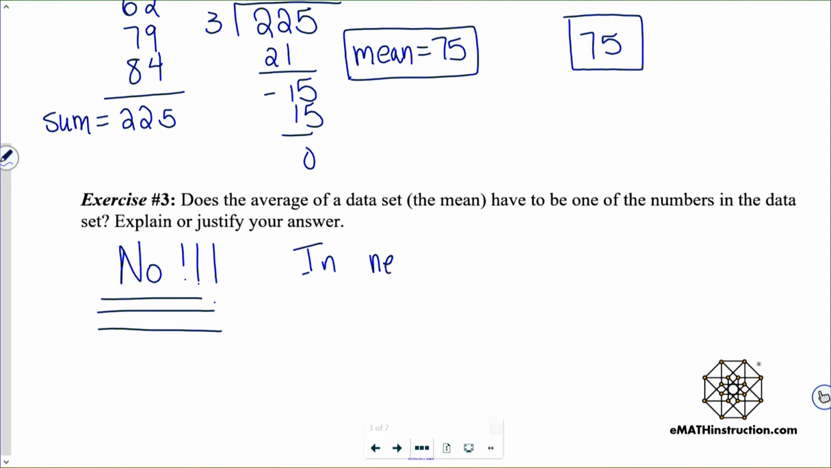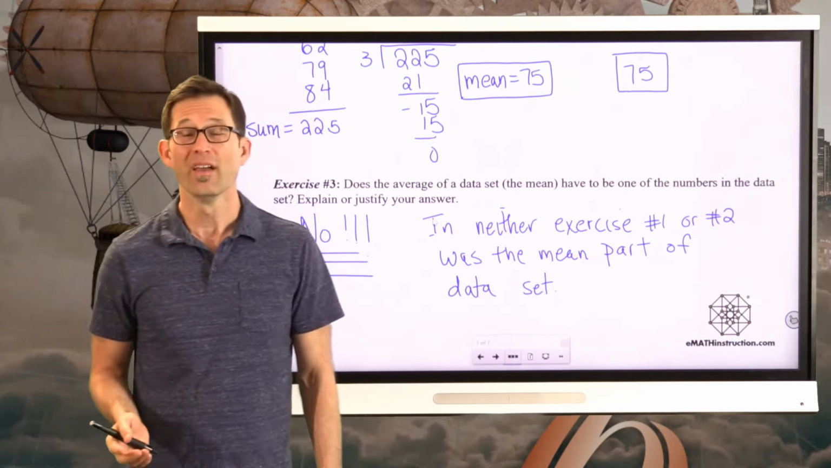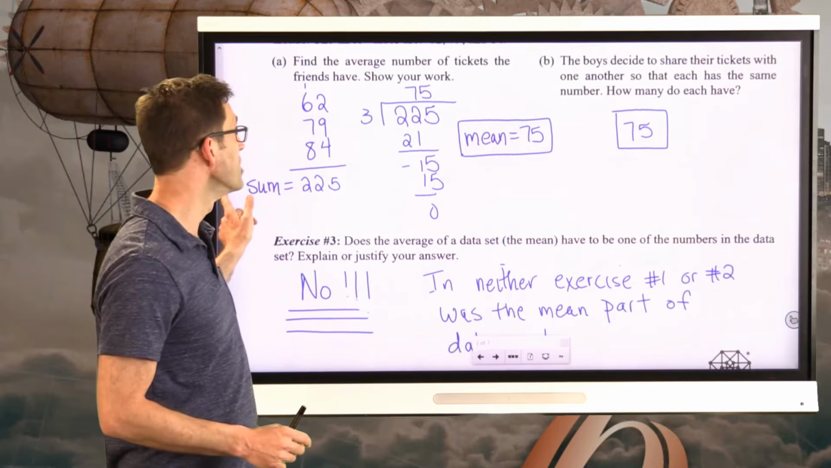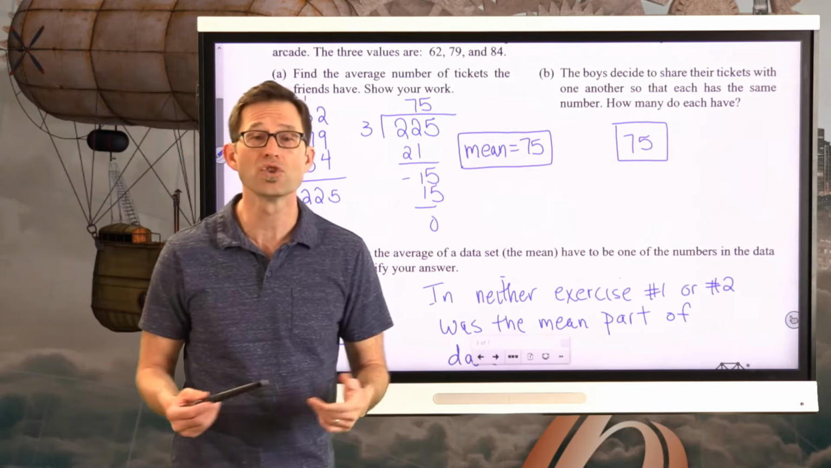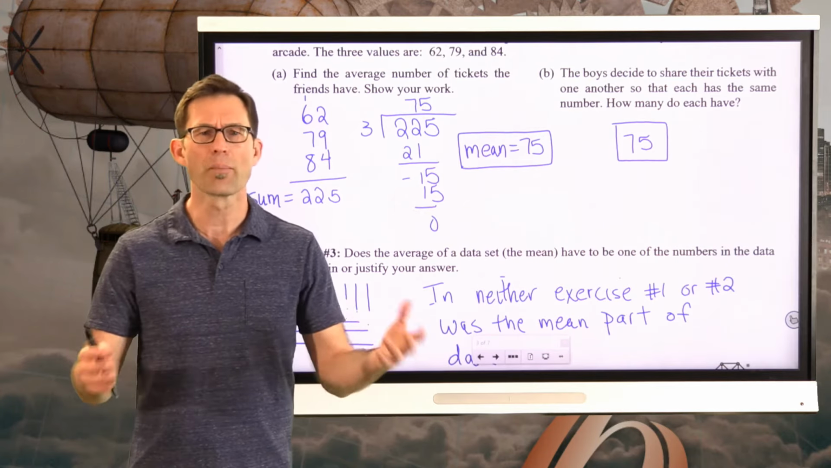In fact, let me say in neither exercise number 1 or number 2 was the mean part of the data set. Now, let's be very clear. It could be. It certainly could be. You know, there's no reason why one of these couldn't have been 75. It just wasn't. But a lot of times, because we say things like, you know, the mean represents a typical